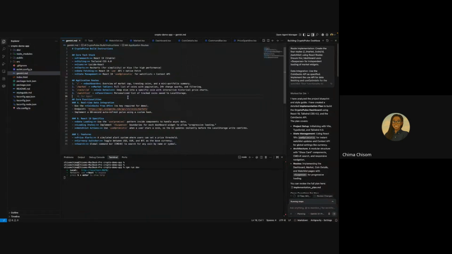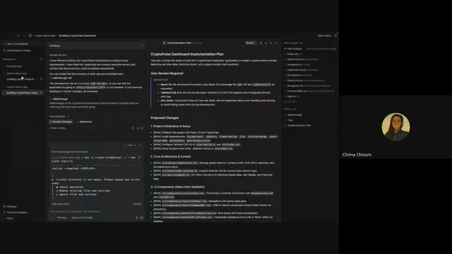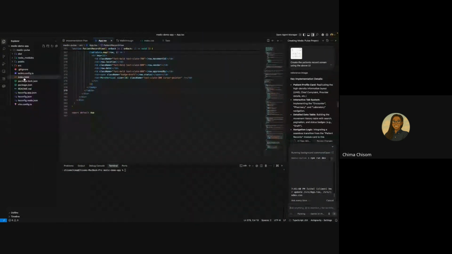Yes. Most of my projects, you can see there are some very old projects, like this one. There are others that I also deleted so that you guys don't get to see them. But I had several projects here, and they are all legacy code, very old code bases. And with that, I'll just tell it. You can even tell it, let's say you want to refer to a file. You can say maybe